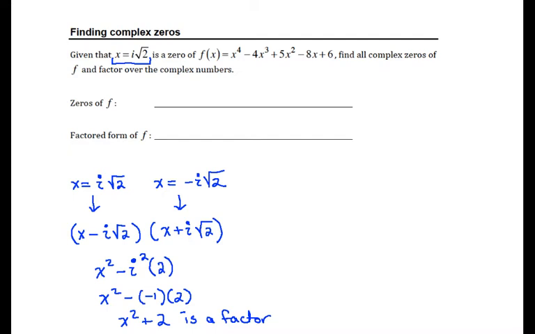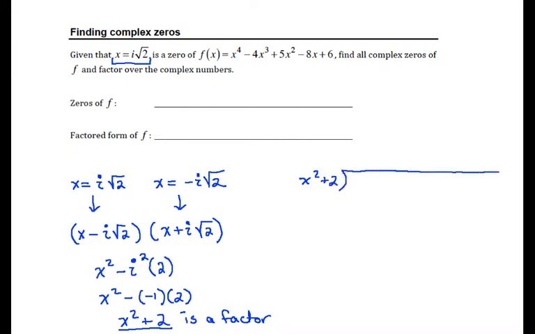If I use polynomial division now, with my degree 4 polynomial as my dividend and x squared plus 2 as my divisor, I should get a degree 2 result from that, because I'm dividing a degree 4 by a degree 2. Right? So it's going to decrease the degree by 2. So this is going to give me a quadratic result, and once I'm down to a quadratic result, I can use the quadratic formula. I might be able to just factor it by standard techniques. There's all sorts of other things that I could try at that point. So let's go ahead and set up polynomial division